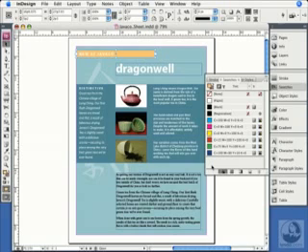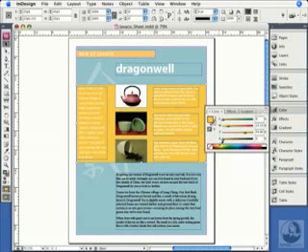The second problem with using these unnamed colors is that it's very hard to use it consistently throughout your publication. You might pick this color for this object and then later on pick a different color for this object. Maybe I'll grab a color that looks similar to it, but is it the same? It's very hard to get the same color throughout your whole document.